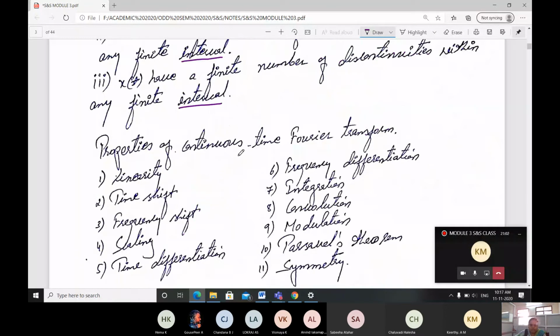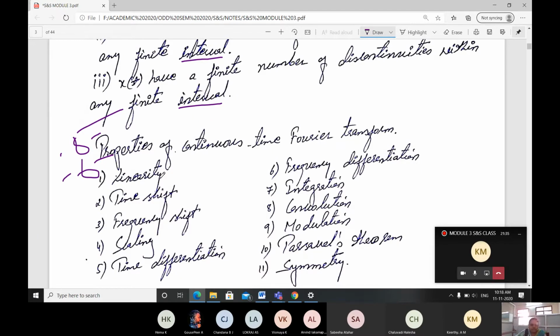All the properties are very important. In the exam, you will definitely get 8 marks or else 6 marks in the question paper, if you are perfect with all the 11 properties. You have to practice all the properties, from module 1 to all the modules, you will have the properties. What are all the properties in the continuous time Fourier transform?